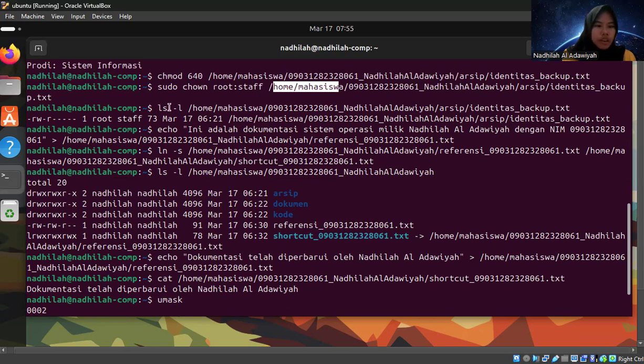To verify the permission changes, we can use ls -l command and enter the file we want to display. And this is the display of the file details, including the ownership we set earlier and the permissions.